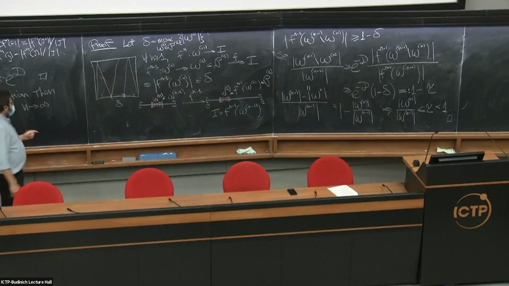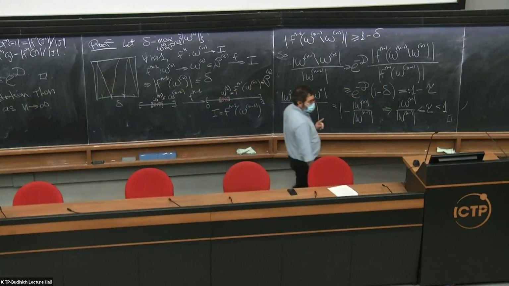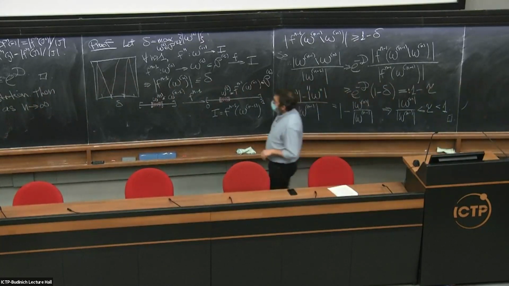So maybe this can be used to show that bounded distortion implies uniform expansivity, actually. I would be curious to see. I'm not sure if it's possible or not, but